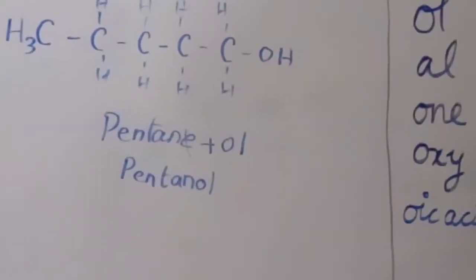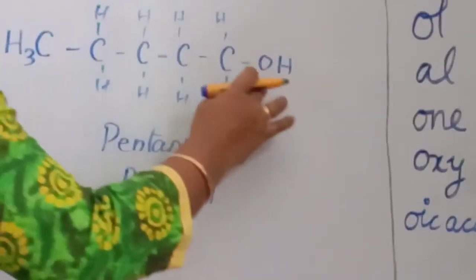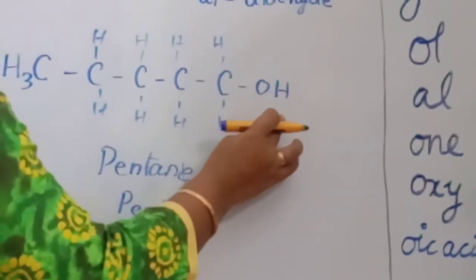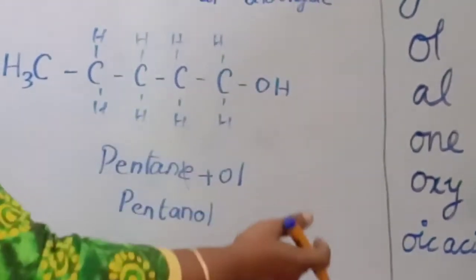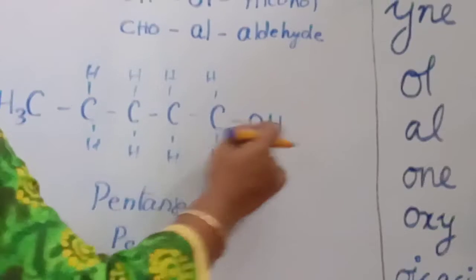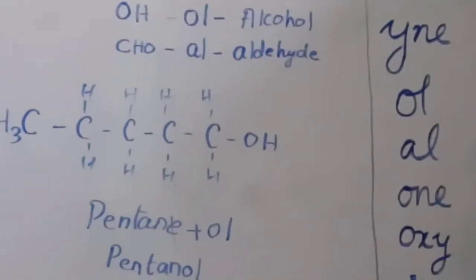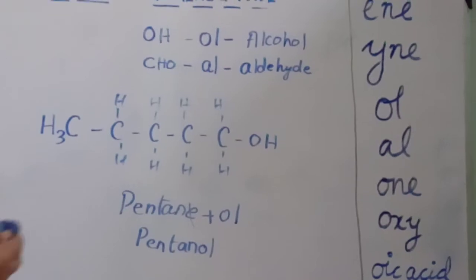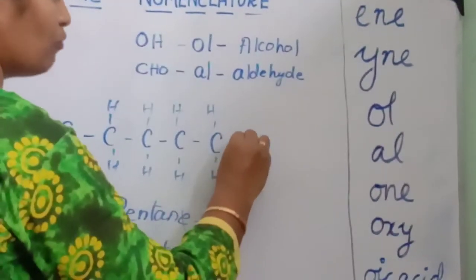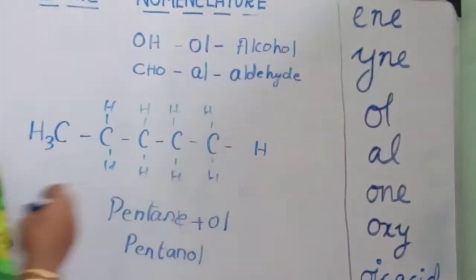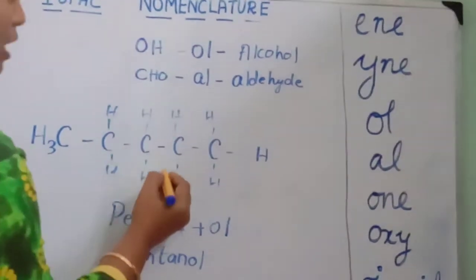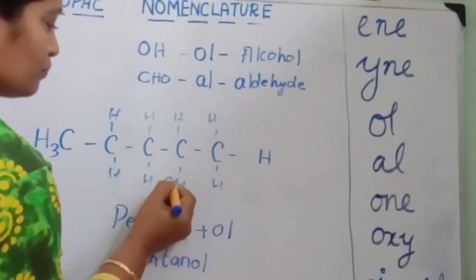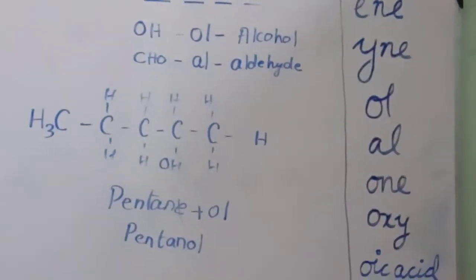Now, one more doubt comes here: okay, already I said OH will be at the terminal position, that means after that there will not be a branch. After that the chain will not be there. So it has to be the terminal position. Suppose the OH is not there, instead it is found somewhere in between positions. Okay, let me take this carbon, I will make an OH here. Okay, I have made an OH here.